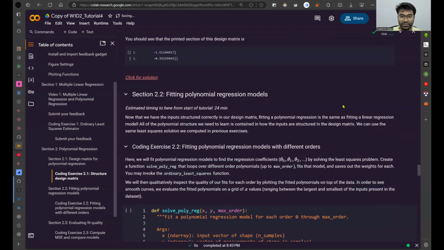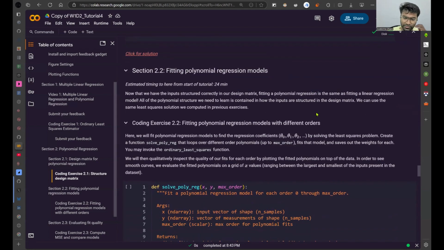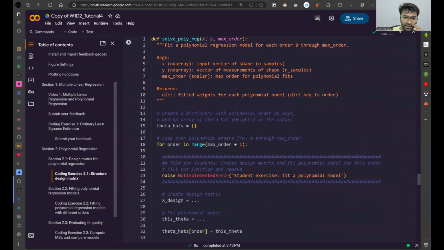So now we'd like to fit the polynomial regression model and see how well the fitting is happening. Then let's go ahead and do that. So to solve the polynomial